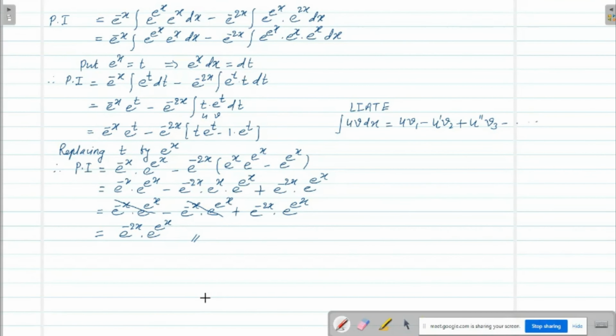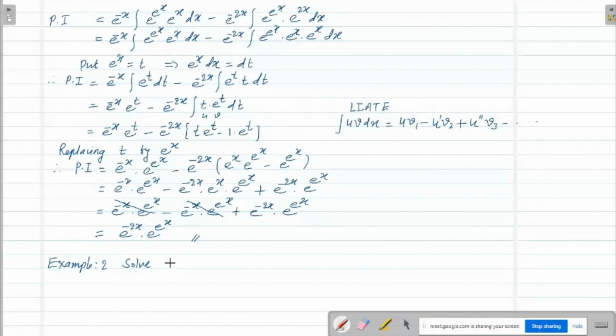Now let us do another problem. Let us do another problem. So one problem I want to solve; I'm not going to ask you to find the particular integral. We solve this problem. Example number 2. Solve